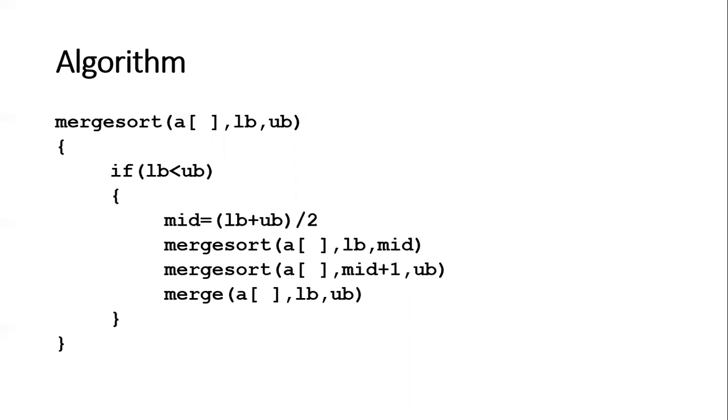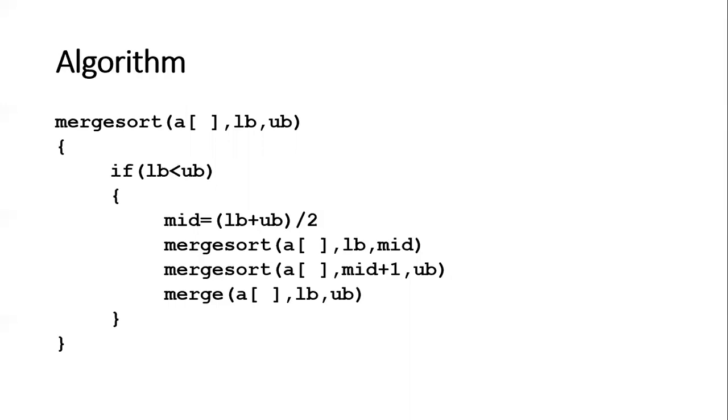Thus when it becomes a single array, then only the lower bound equals the upper bound, with a single element in the array. So here merge sort, then A array, lower bound, mid. Here merge sort, A array, mid plus 1 to upper bound. Now the array will go on splitting